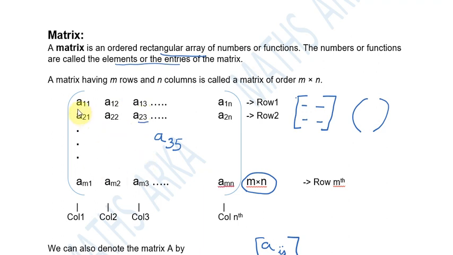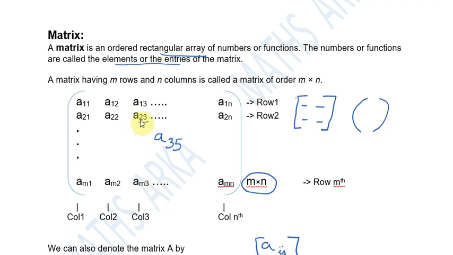Now the same thing applies over here. The elements all over the horizontal line are called row 1, so it is row 1 elements. Similarly row 2 elements, and likewise we have the column 1 elements over here, the vertical line, and column 2, and likewise it is column n. And here we have m cross n, that is the order of the matrix, and that contains m number of rows and n number of columns.